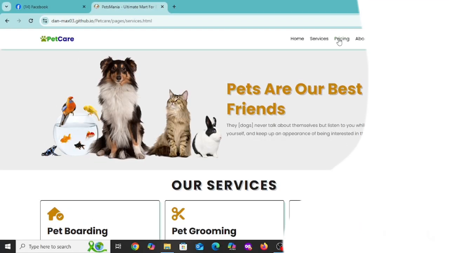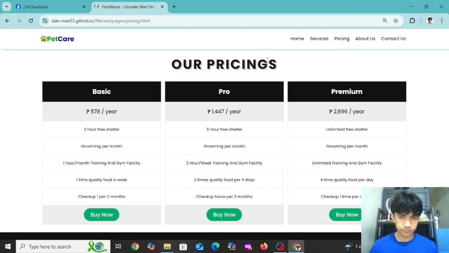Okay, let's go to the pricing. The pricing page presents three membership options designed to meet the varying needs and budgets of pet owners. Each plan provides a combination of shelter, grooming, training, feeding, and medical checkup services to ensure that every pet receives proper care and attention.